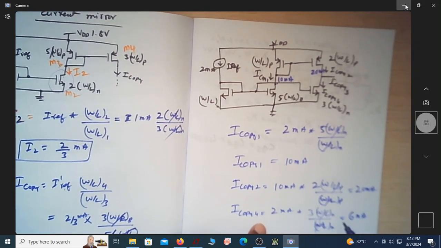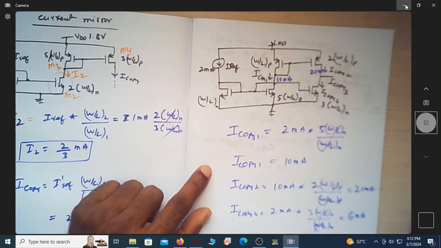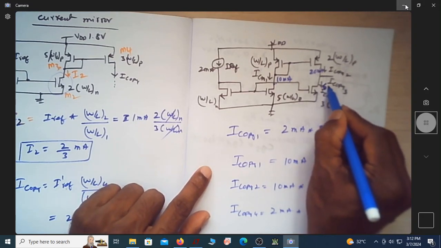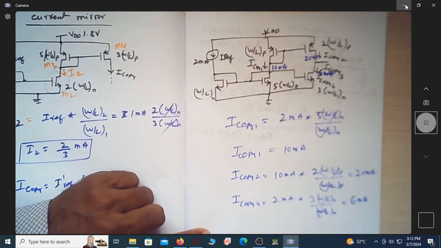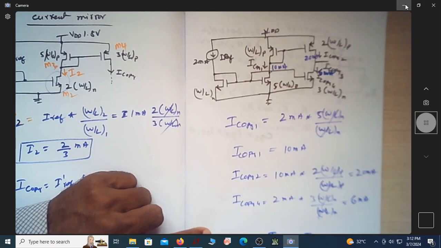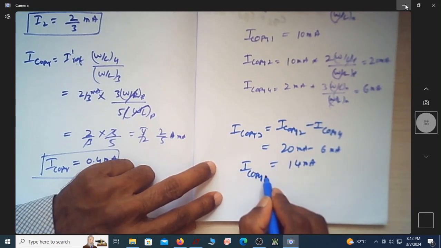Correct? This will go with this, so it is now 2, this is 6. So here I have 6 milliampere. So this current is now 6 milliampere, this is 10. What is I copy 3? I copy 3 is nothing but I copy 2 minus I copy 4, which is 20 milliampere minus 6 milliampere, which is now 14 milliamperes. This is my I copy 3,